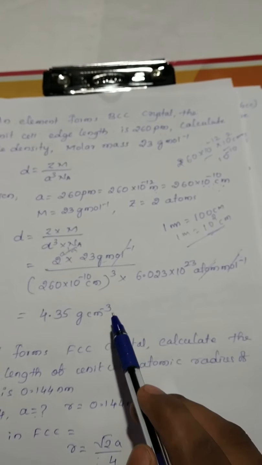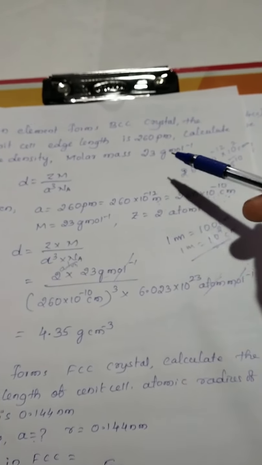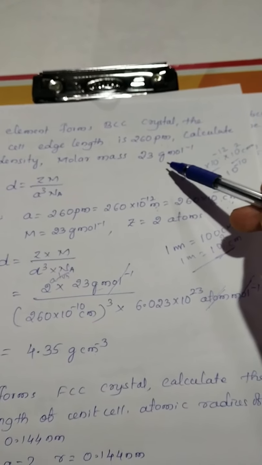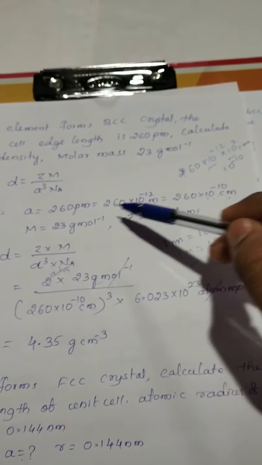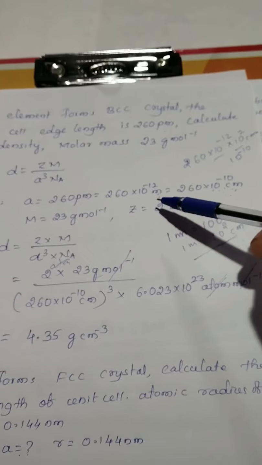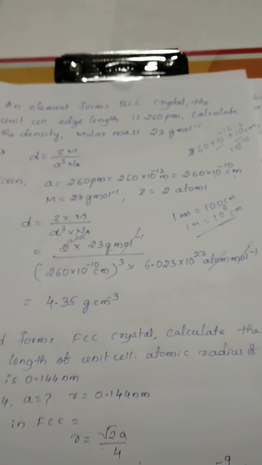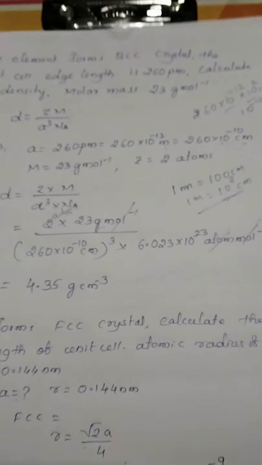It is very important for the annual exam. If they have given mass in kg, we have to keep the length in meter only. If they have given grams, you have to keep the length in centimeter. So this is very important. Just see this problem once again.